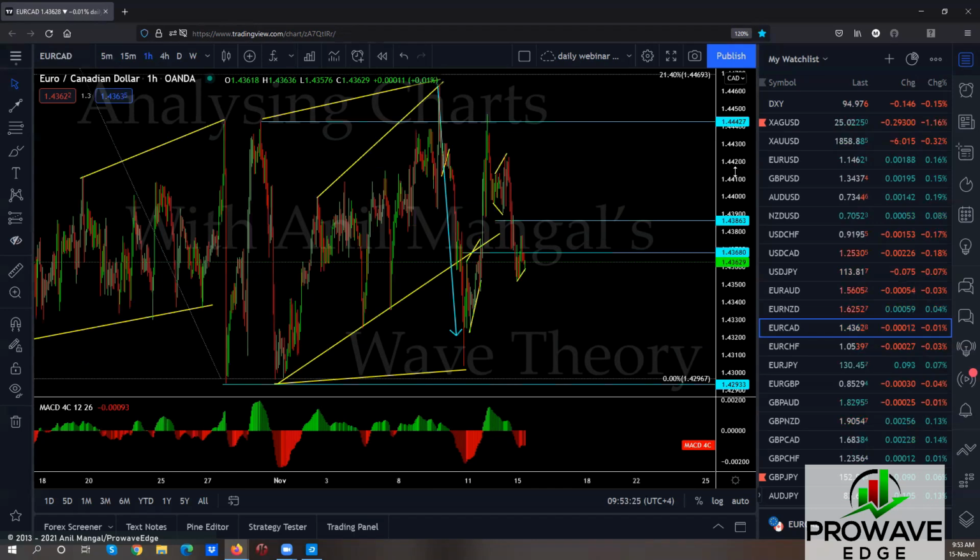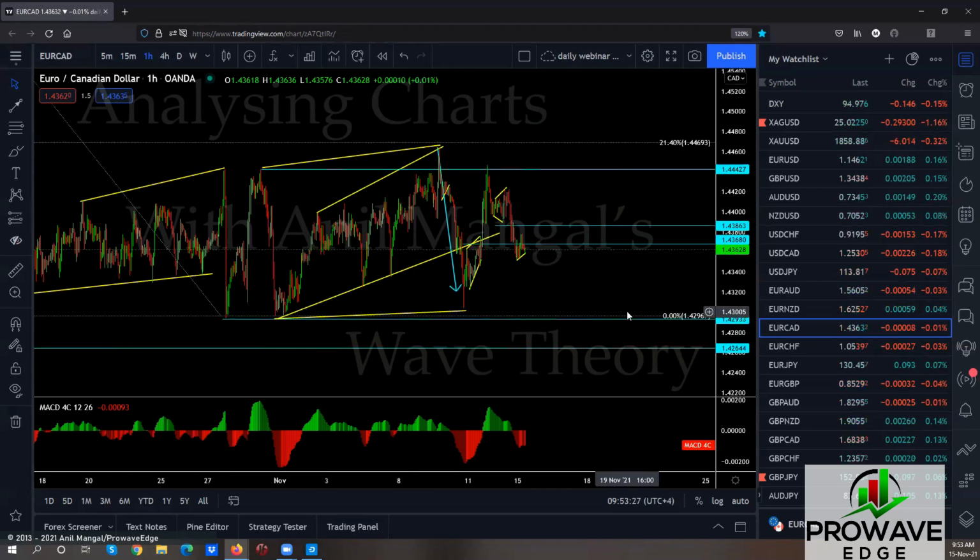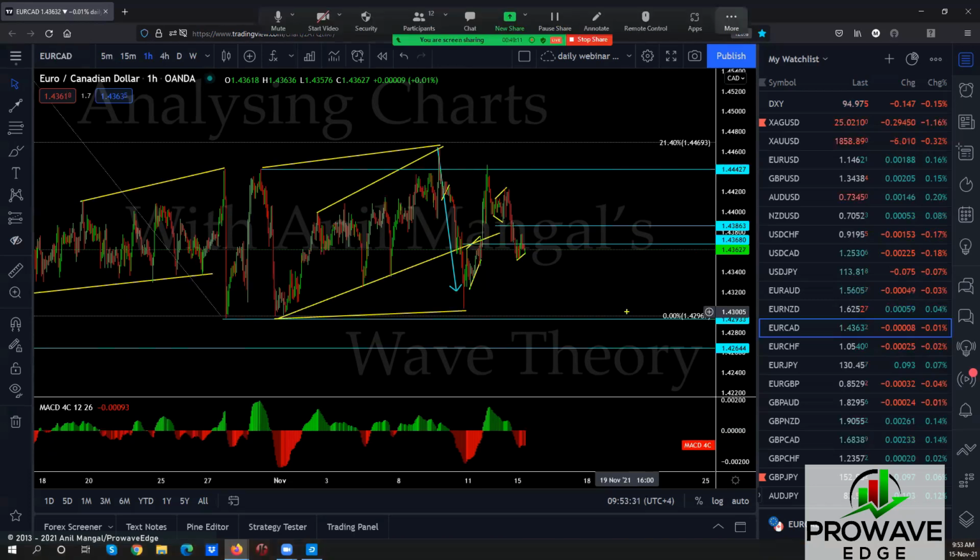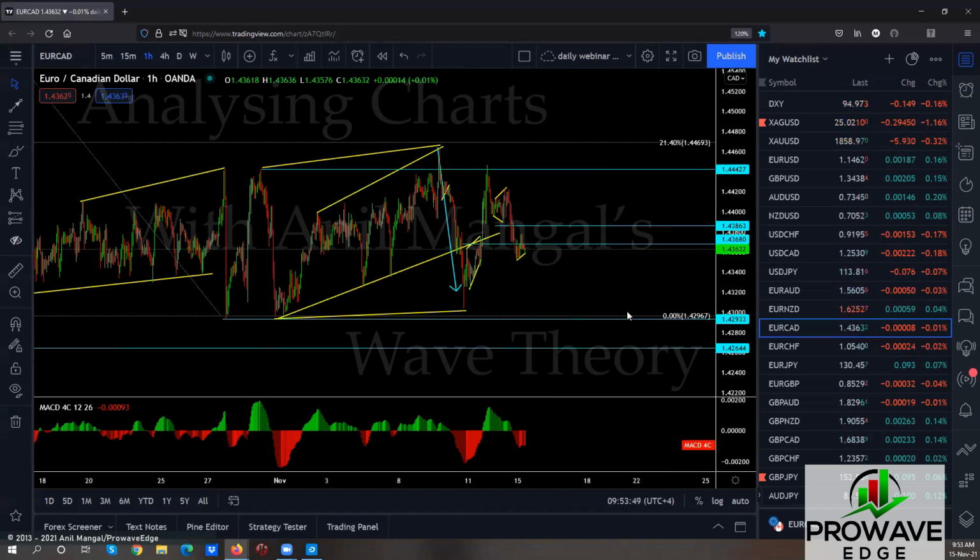EuroCAD. This one has been doing magic for us, literally doing magic, right? With the sell and with the buy, and then with the sell again. And if you closed that sell on Friday, which you should have done, it's Friday, don't keep it. We have another potential sell here. And then either this drops through the bottom or goes right back up like that, right? Either way, it's about to break out one side very big.